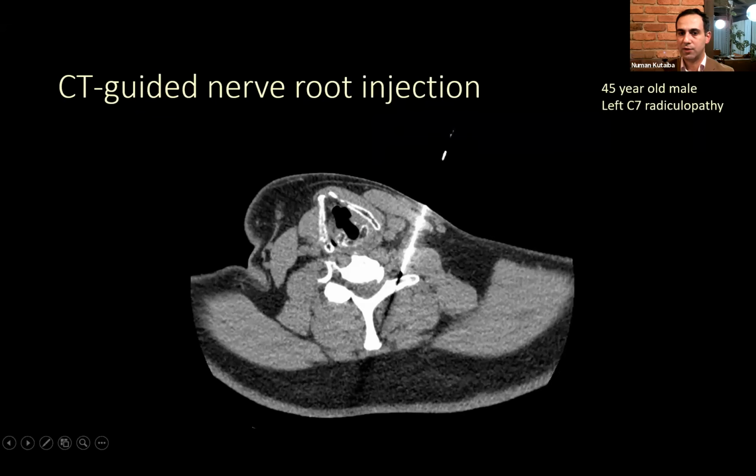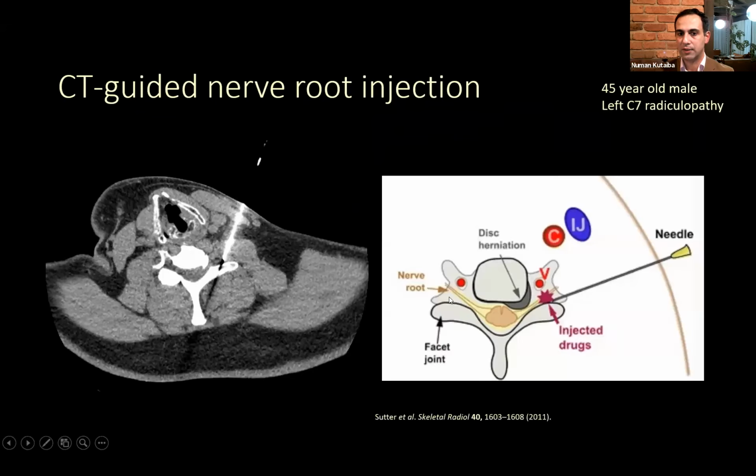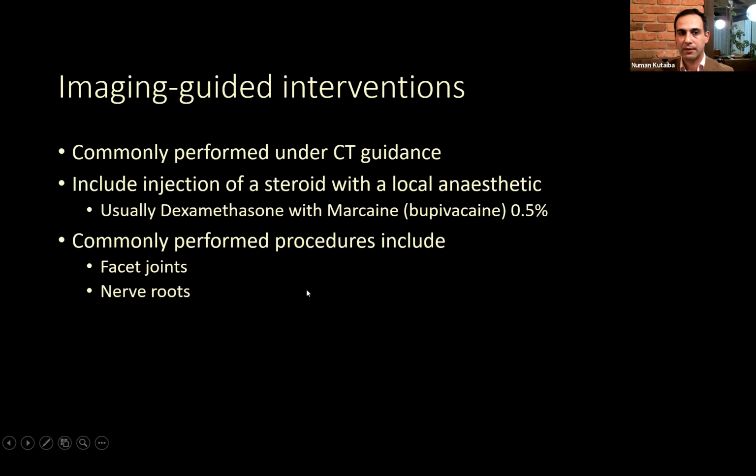This patient underwent a CT-guided nerve root injection. With the CT-guided nerve root injection, basically you're positioning the patient on their back, you're asking them to tilt their head towards the other side. You've verified the level where you want to inject. You advance the needle away from the carotid artery and the veins, away from the vertebral artery, which is very close. You get close to the nerve. You don't necessarily see the nerve, but you know where it will be exiting, and you place the needle and you put some steroid and local anesthetic.